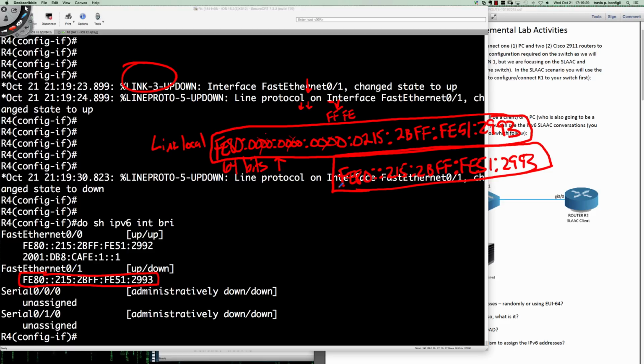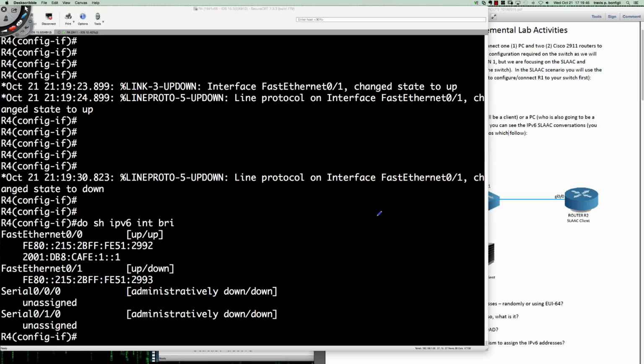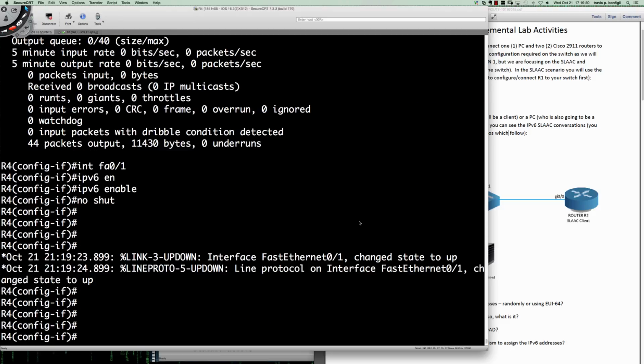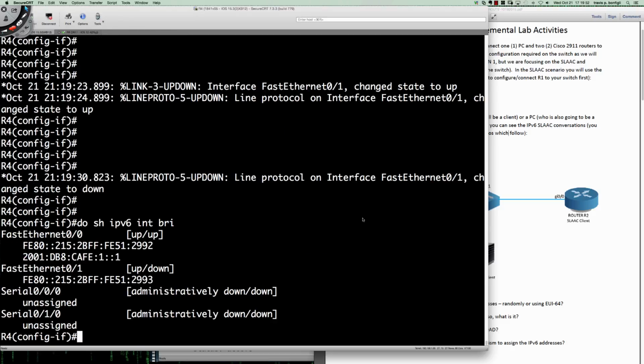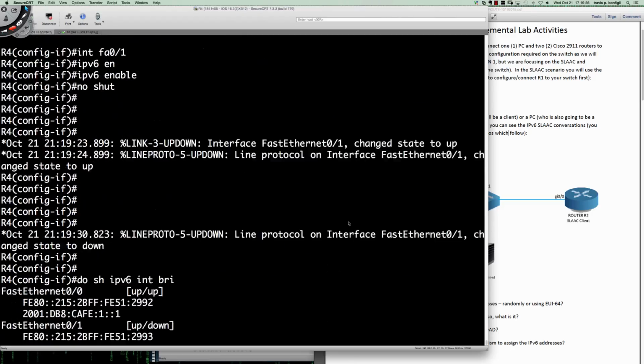And what do you think? Pretty close? All right, I'd say we're spot on. FE80 colon 215 colon 2BAKER FF. And so this is EUI-64 again, right? Same thing, EUI-64. So let's clear the screen, and let's roll back here now. So now I've created, and I've stopped the debugs. So now I've created a